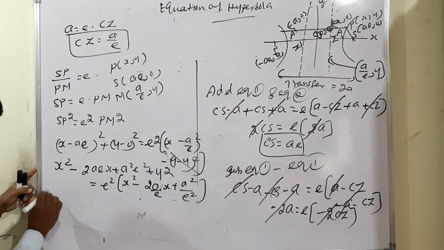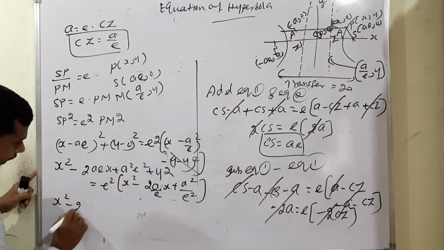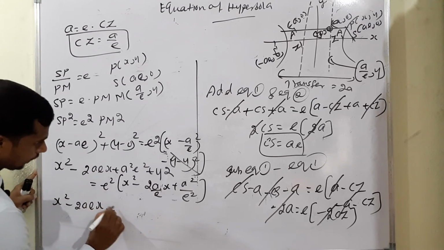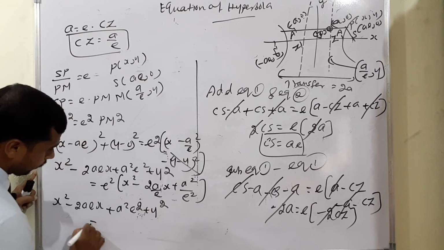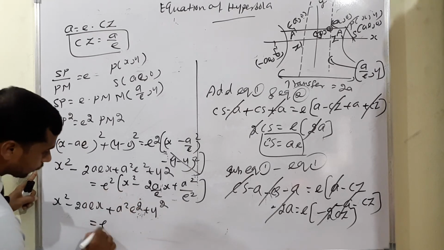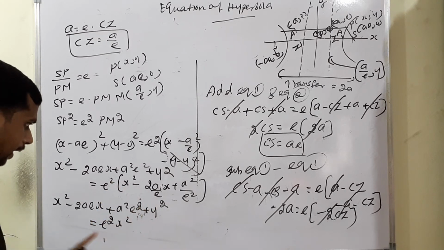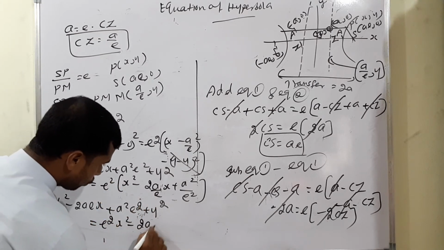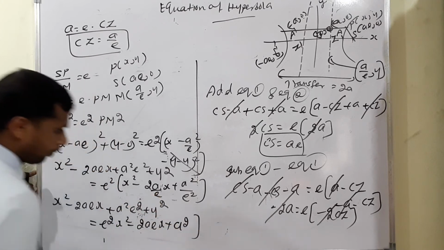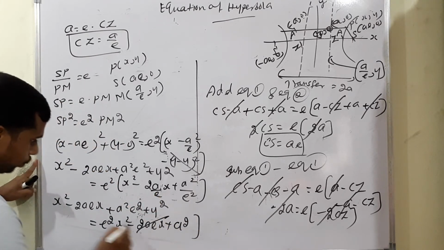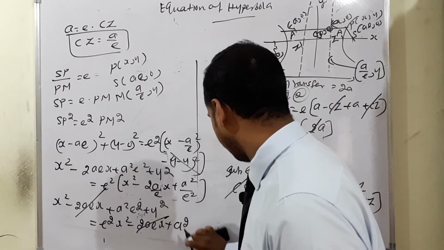Then next step, left hand side as it is: x square minus 2aex plus a square e square plus y square is equal to, each and every time into e square, means e square x square. Again second term e square e cancel, means only negative 2aex. Next one e square cancel, means only a square will come. So minus 2aex minus 2aex cancel, remaining